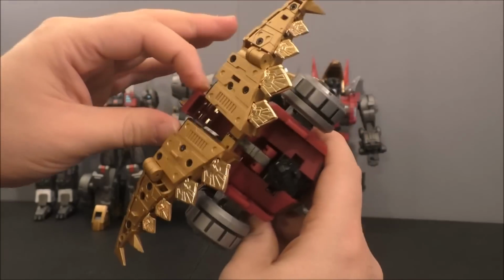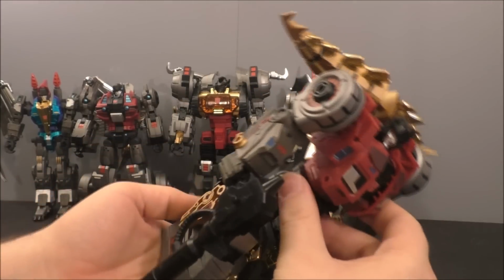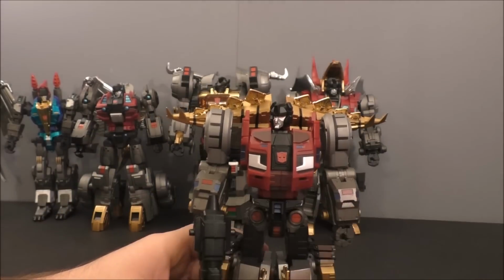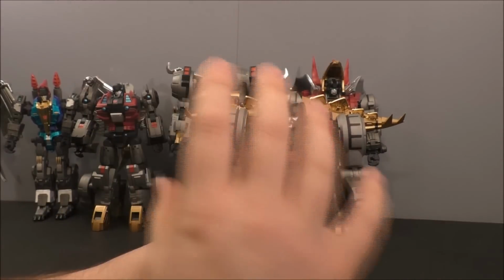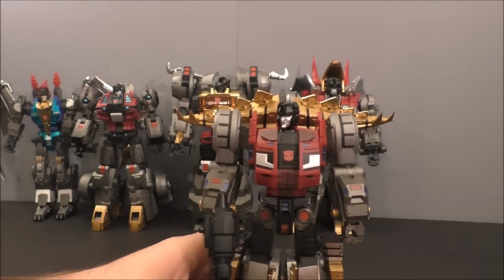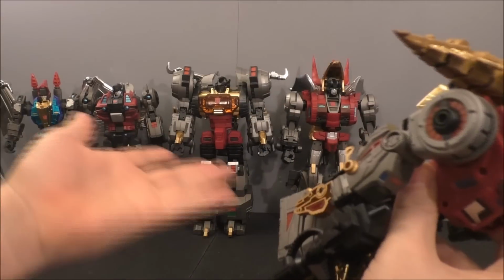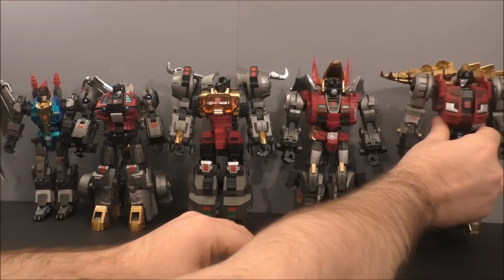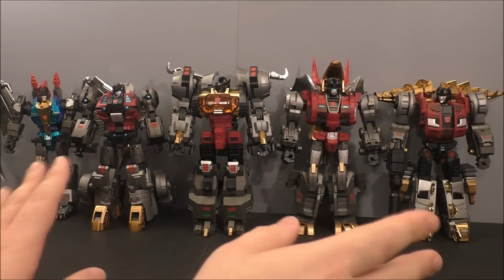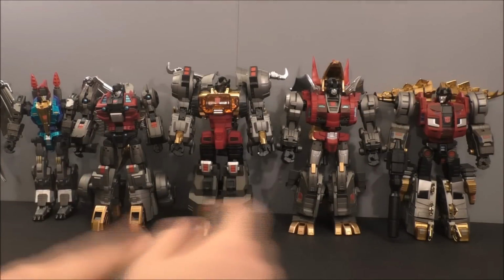If they would have done that right out of the gate, instead of sending him out the way it was, I probably would have given him like a 9.5. He still can't hold a sword, but he's the best of the QCs of the Fansproject Dinos, and now that he cleans up better, you know, that's still a backpack, but they're Dinobots, they're always going to have backpacks. So yeah,